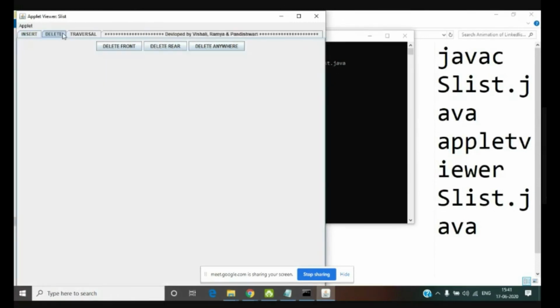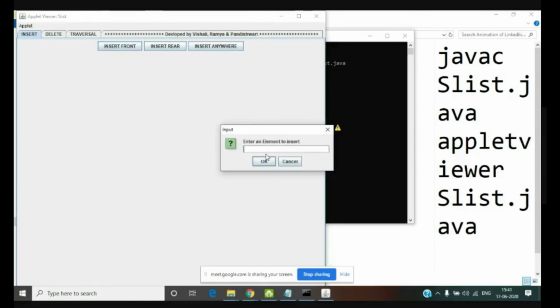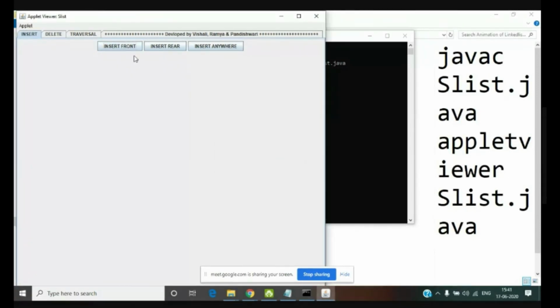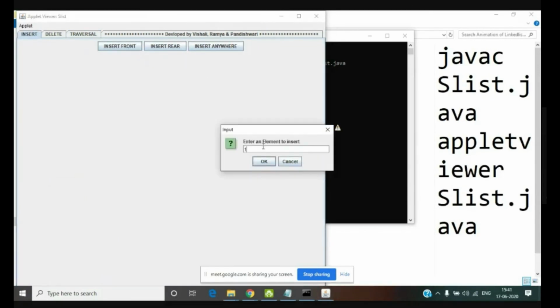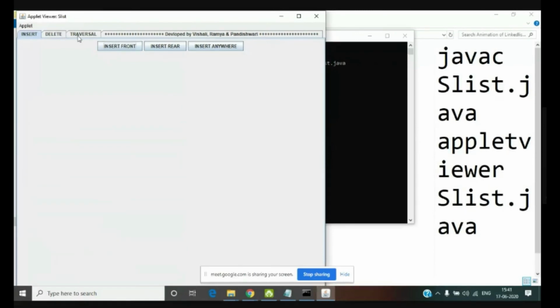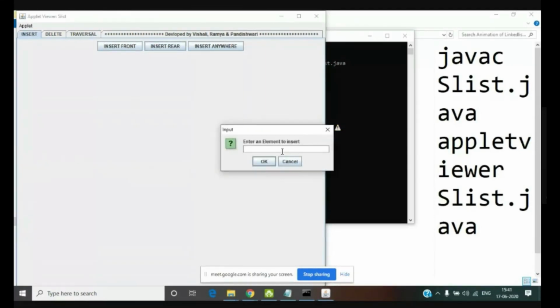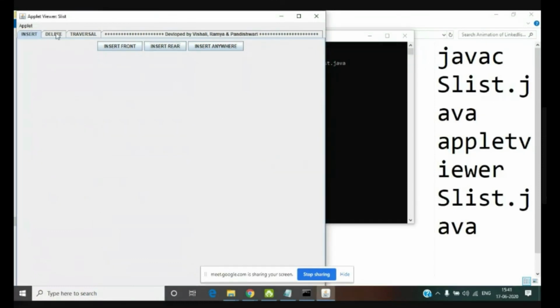Okay, you can see here. Now inserted at front end. Again, you can display it. Only 12 is there. Next I'll insert one more element, at front only. I'm inserting 10. Now this element should be displayed at the beginning: 10, 20. Is it fine? Now I'll go for insertion at rear end, 56. Now I'll see whether it is inserted at the rear end. Yes. Is that right? This is how your linked list works.